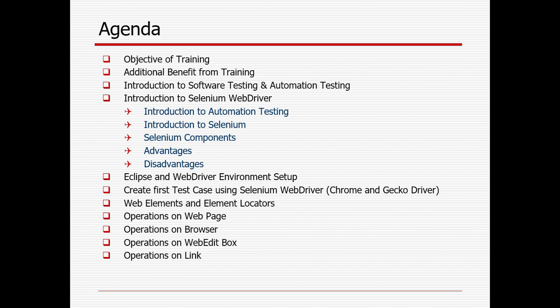The objective of the training: nowadays the market has become competitive, so with only a manual skill set it might be trouble for you to get a project or a new opportunity. So you definitely have to learn automation testing, which has become mandatory, not an optional thing. Not necessarily Selenium, but any automation tool, an appropriate programming language and an appropriate framework. You can go for UFT, you can go for Selenium, you can go for API testing, or you can try to learn the DevOps part.